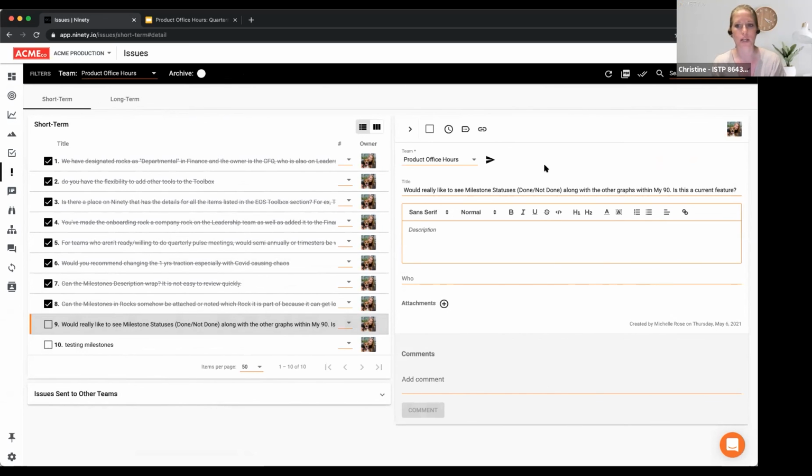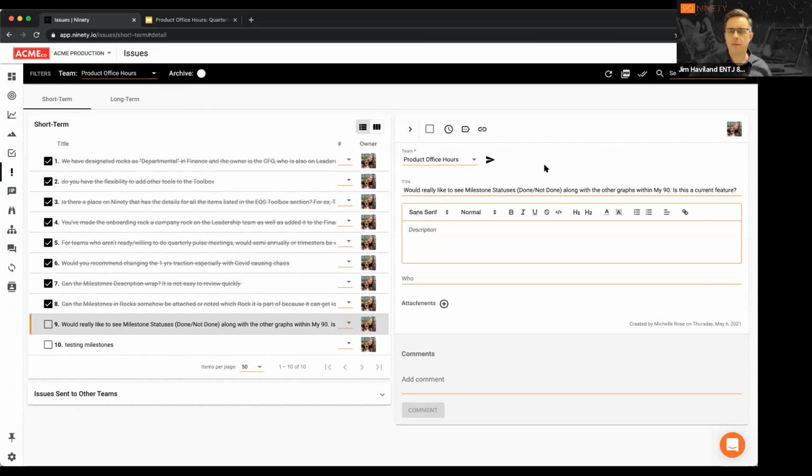Really looking to incorporate some more items like that into Dash, which is a dashboard reporting area that we're building out, and even having a status in Dash where you actually see, okay, the rock can be on track, off track, or done, but it can also be behind. So I've got a milestone, it's not done yet, and it's past due. That's a great indicator where it's behind. So we are looking to build some things like that.